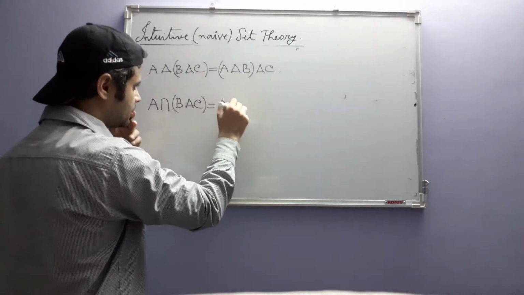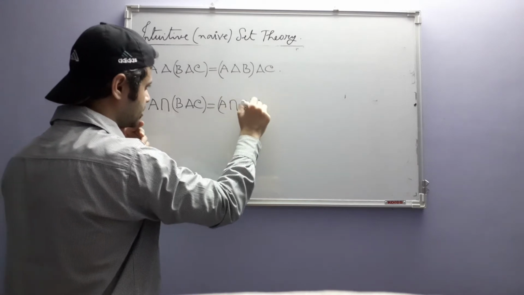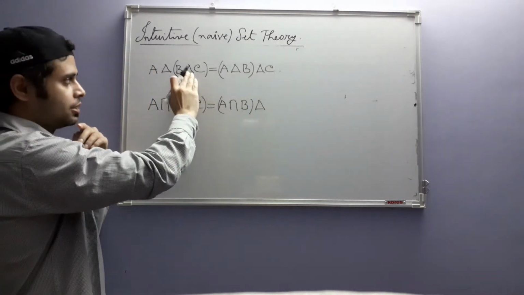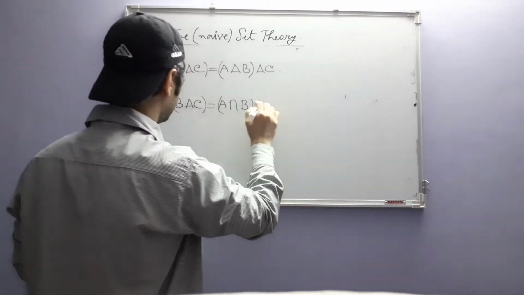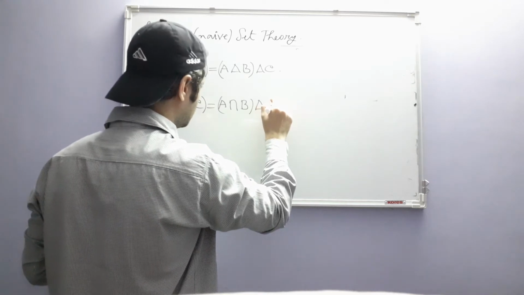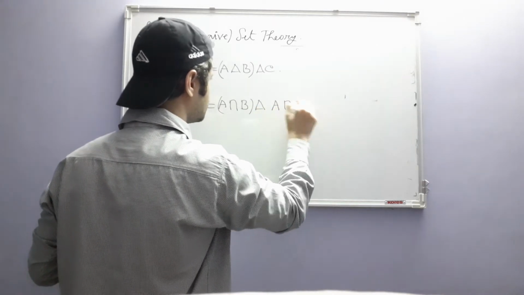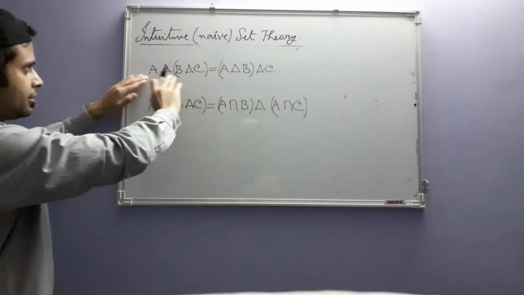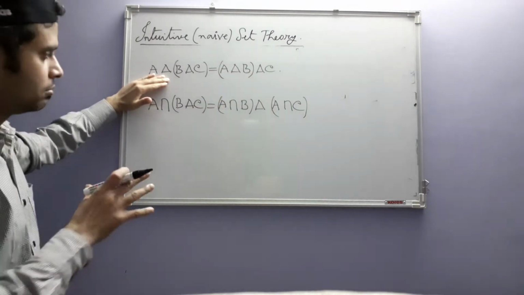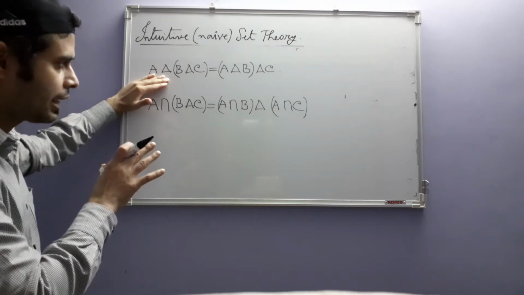A intersection B delta C equals A intersection B delta A intersection C. This is not very difficult to prove. Not as difficult as this one. This one is quite difficult. See, the difficulty of this comes from the fact, okay, how difficult a given identity in